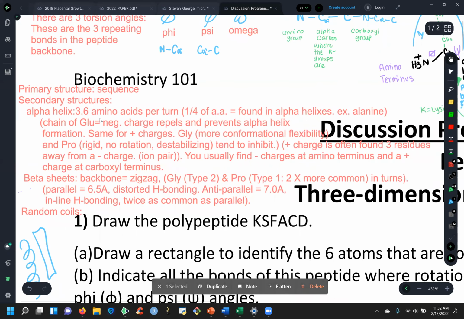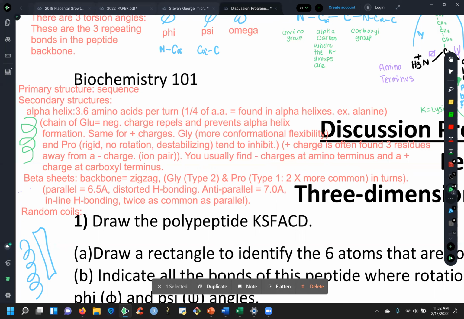For an alpha helix, you have about 3.6. Let me draw a little alpha helix here. You have about 3.6 amino acids per turn. One fourth of all amino acids found in alpha helixes are alanine. A chain of glutamic acid is negatively charged. If you remember D and E, those are negatively charged. If you have a chain of those, the charges will repel each other and that will prevent an alpha helix